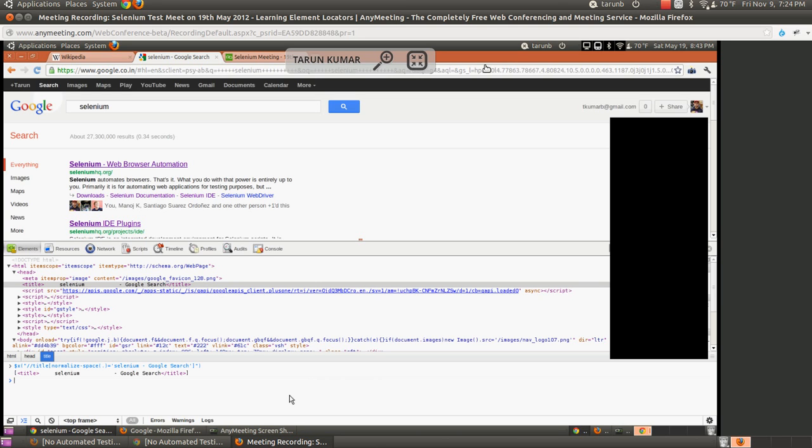Okay, so let's see something called contains. We had seen starts-with already, but you may come across a situation wherein it's not starts-with. It could be that your element could be